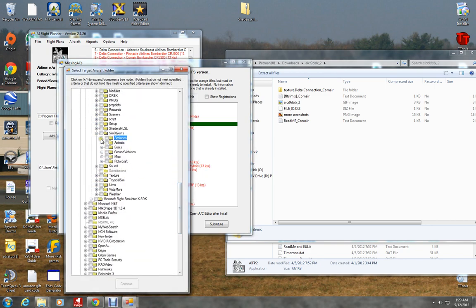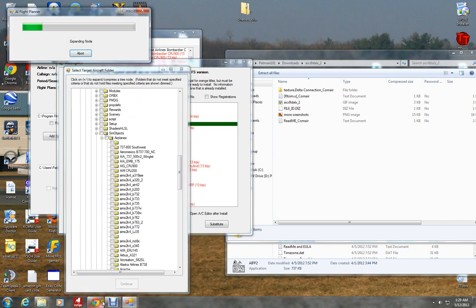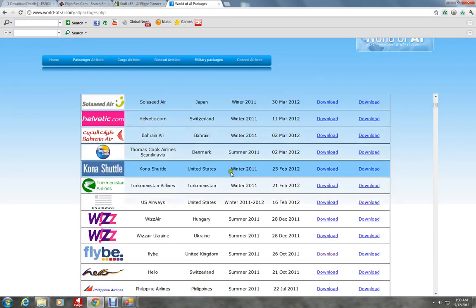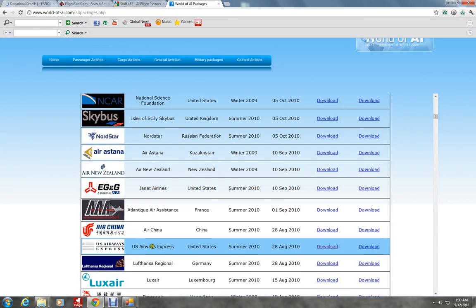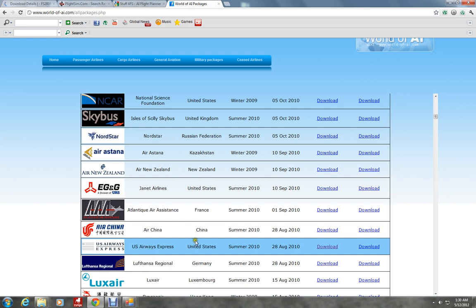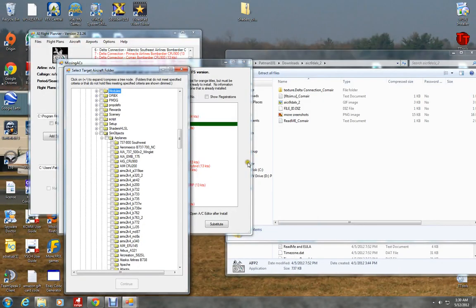Now the CRJ 900 aircraft folder, what I recommend doing is going to World of AI, and the US Series Express package has the CRJ 900, the one that you're looking for. So if you were to download the US Series Express package, you would copy the CRJ 900 file, delete all the repaints, and just put in your own repaint for the CRJ 900. So once you have your aircraft folder, which is right here, you click on it, press continue,